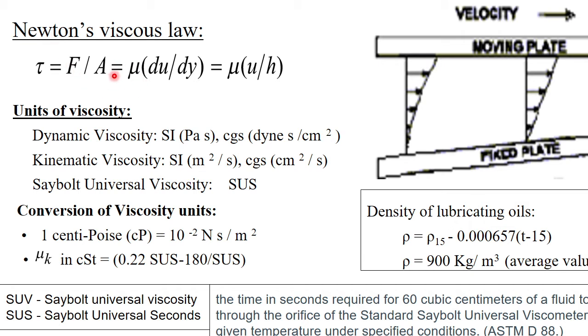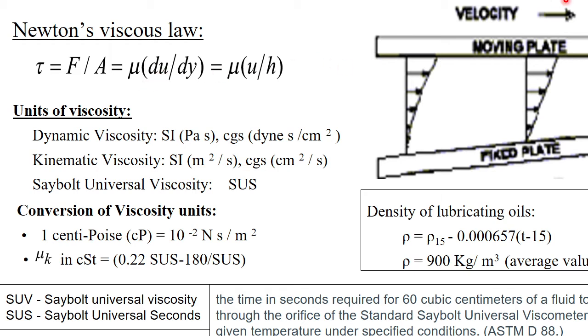And this is the definition following Newton's viscous law. There are some non-Newtonian fluids also. We are not going into that. So what is that viscosity law? It says that when any surface is in relative motion with another surface, as there is a relative motion, there is a velocity gradient between these two surfaces. This is the velocity gradient.